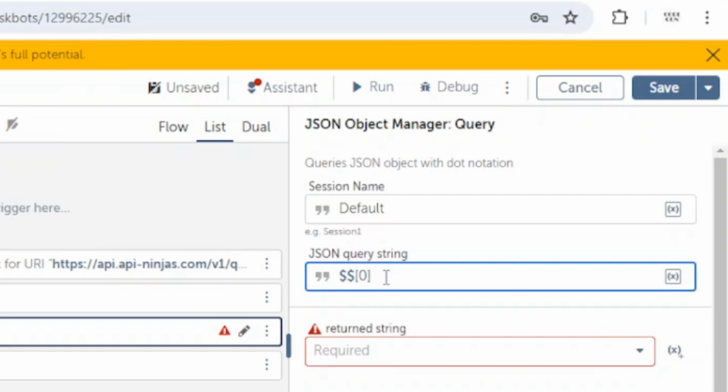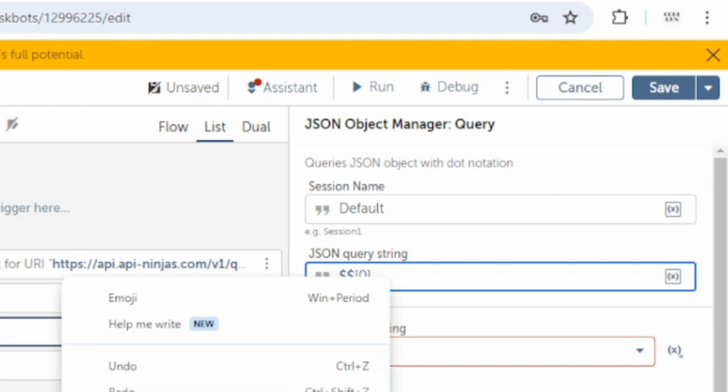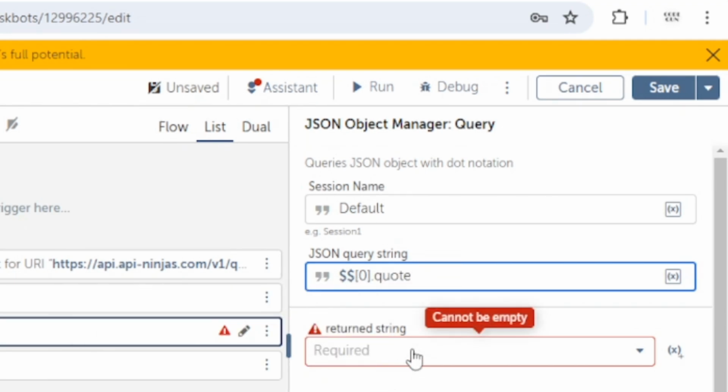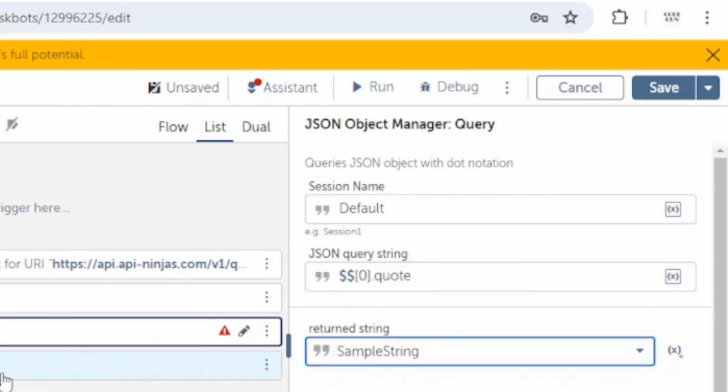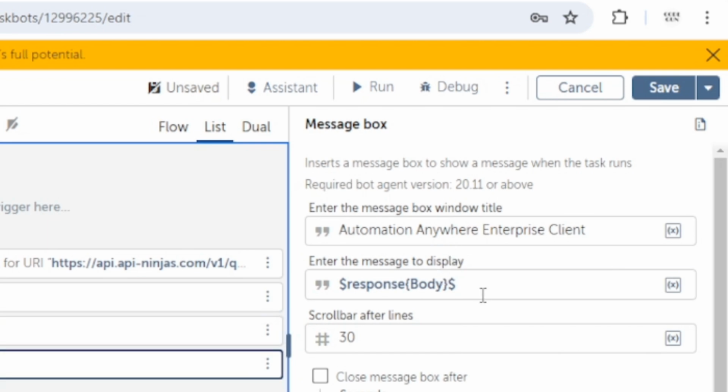After that we will add a dot, and then we can give the name of the element, which is quote in small letters. So we will save this in sample string, and we can print the sample string.